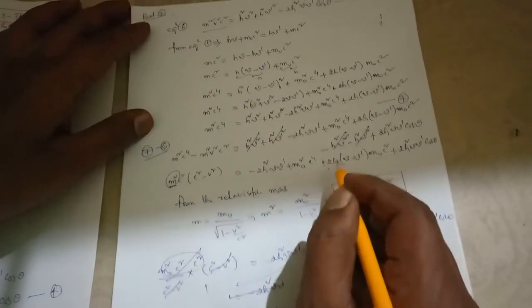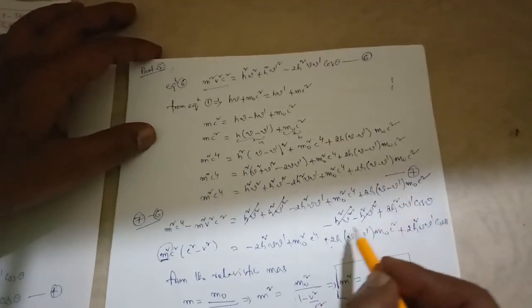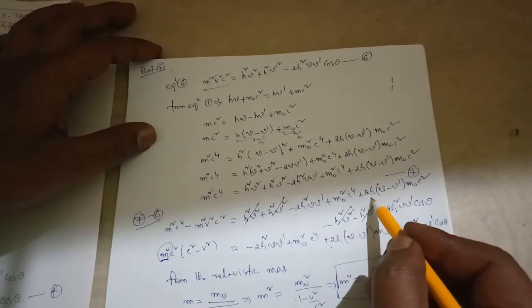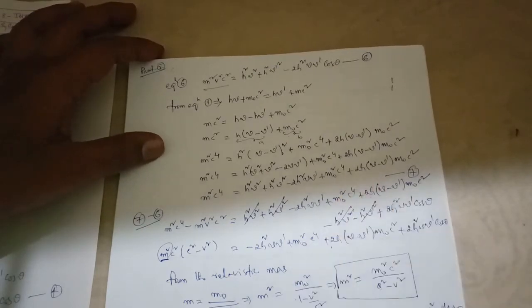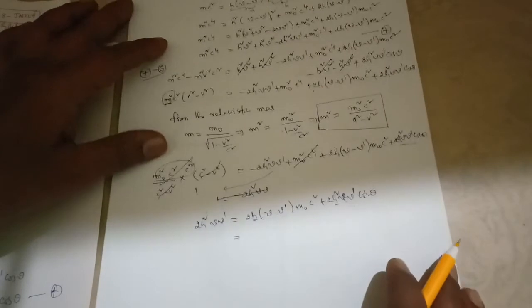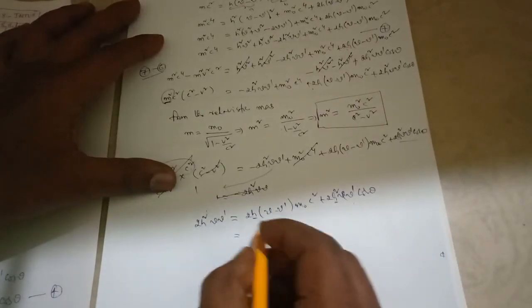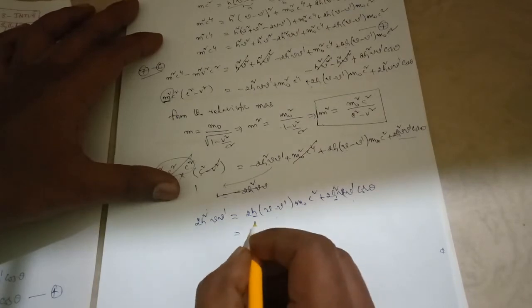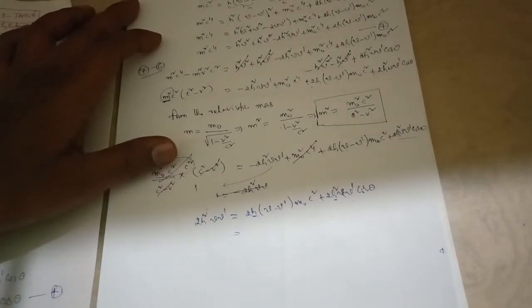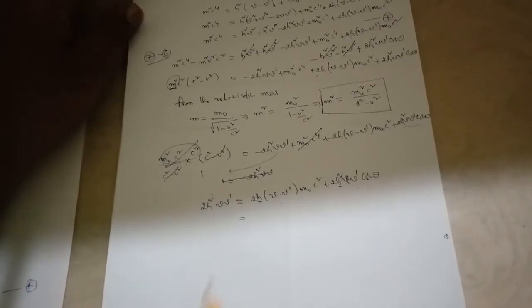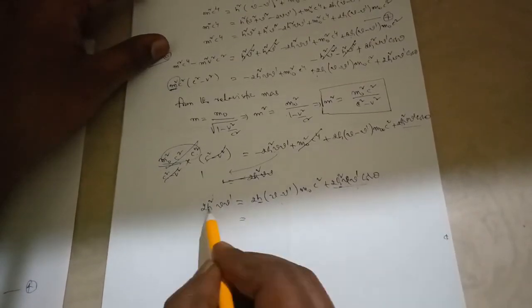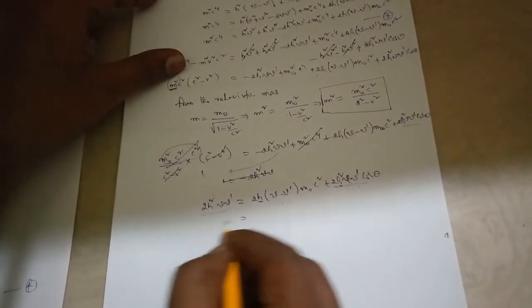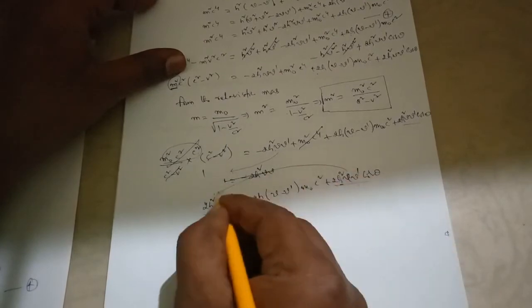So equation 7, that is 2h only. Now from that we can write it as, and this term is almost the same, so we can write it as, I am bringing this term this side,